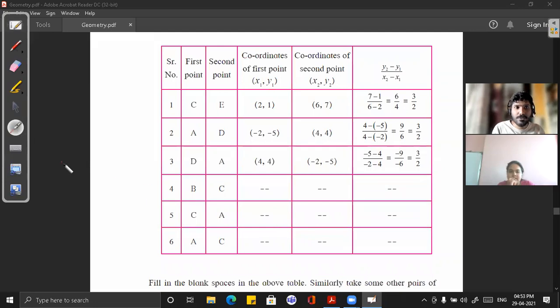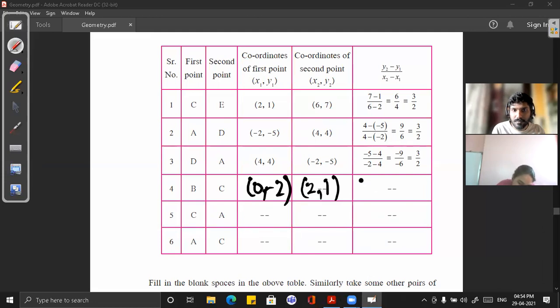So that means you have to find the slope of line BC or segment BC. What are the coordinates of B? Look at the figure and tell me in the textbook. What are the coordinates of B? (0, -2). So here you write (0, -2). And here you write coordinates of C. What are the coordinates of C? (2, 1). So here you write (2, 1). And now you find out the slope. So this is x1, y1, x2, y2. So 1 minus of -2